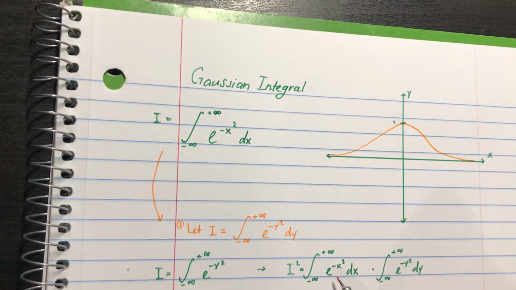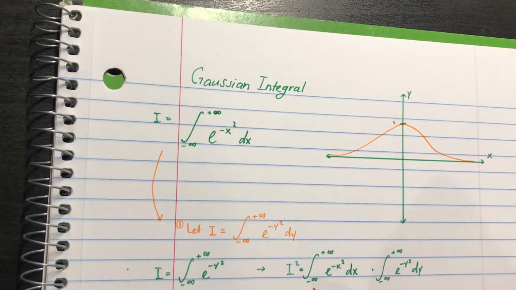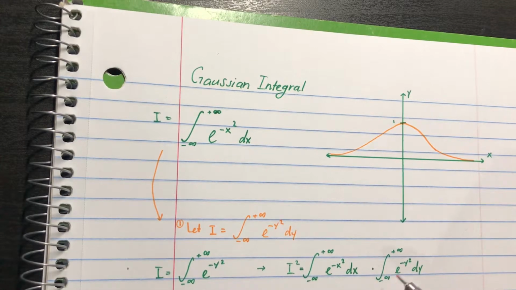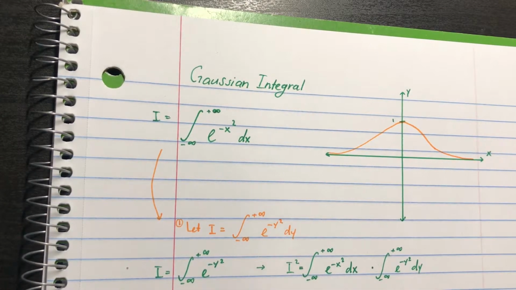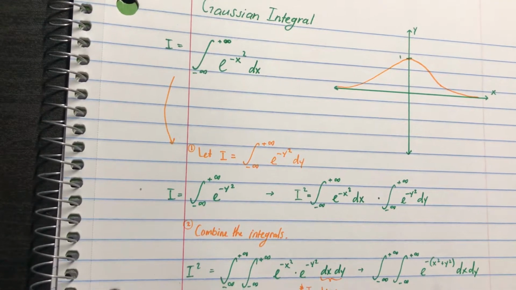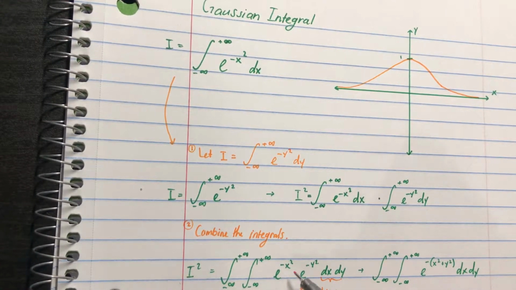actually keep it in terms of x and y, and what we have is the integral from negative infinity to positive infinity of e to the negative x squared dx times the integral from negative infinity to positive infinity of e to the negative y squared dy. Our next step is to combine these integrals, and when we do that, we are left with the double integral of e to the negative x squared times e to the negative y squared dx dy. And since we're combining two exponential functions with the same base, we simply have to add the exponents. And what we're left with is the double integral of e to the negative x squared plus y squared dx